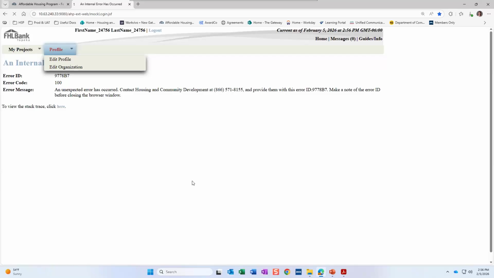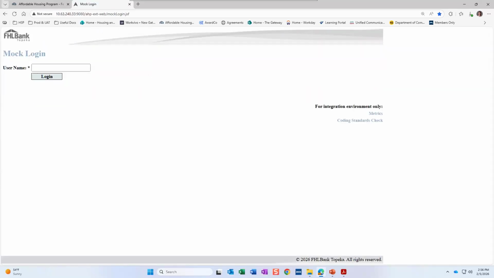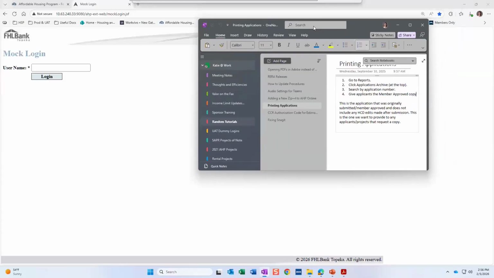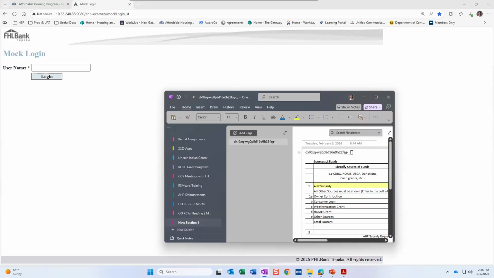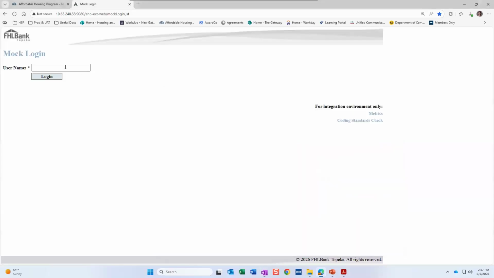While this is loading, I have a test project I can utilize for you also. Our other test system actually utilizes real projects, so I can see your guys' real projects in a test environment. So I have a test project I can utilize that is rehabilitation.